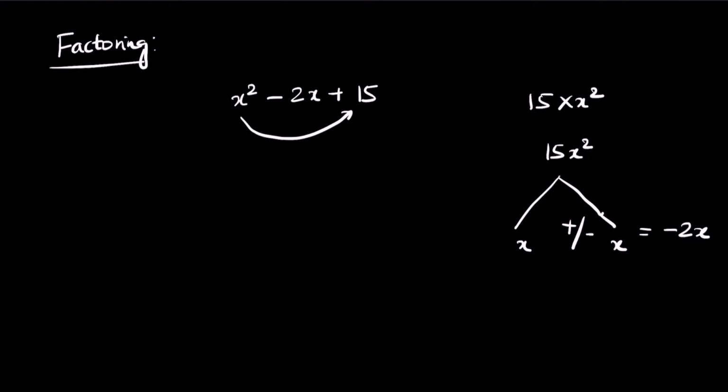Next, we want to split the number 15. So how can you write 15? 15 can be written as 3 times 5. I'm sorry, the problem is originally plus 2x minus 15. So this is negative 15x square. Now we know that there is a negative in the answer, which means only one of them should be negative. So remember this again, if the negative is there on the value, then only one of them requires a negative sign. Now when you want to get a negative answer, the larger number should be negative.